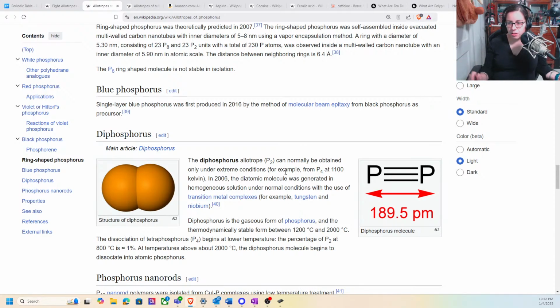So even though we might not discuss a particular allotrope, we can see that P2 does exist, again, under extreme conditions. So that's where you would turn to the literature if you really wanted to know whether something exists. And feel free to email me, reach out to me. You can also comment on my YouTube if you're not one of my students,